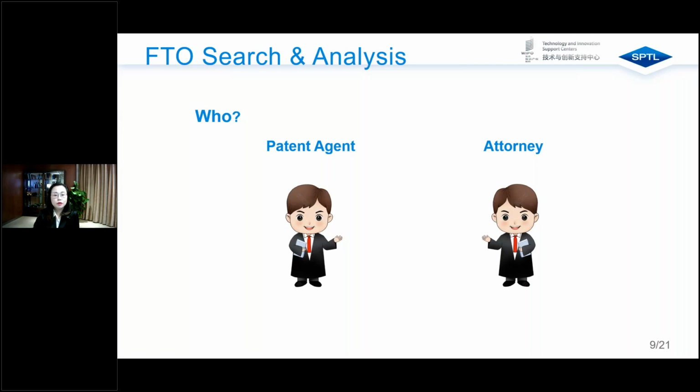In other words, we recommend a professional with both patent prosecution and litigation experience. Since if the person only has patent prosecution experience or is a general attorney, then their experience probably is not enough to do such an analysis, and in the end, the conclusion of the FTO report would be doubted by others.